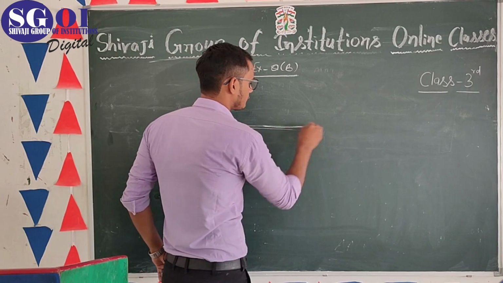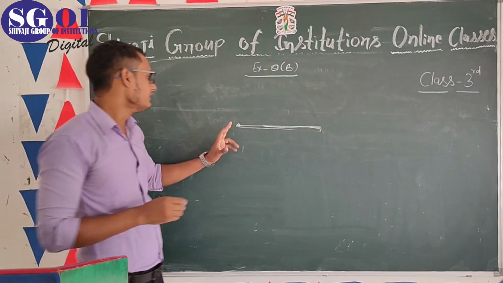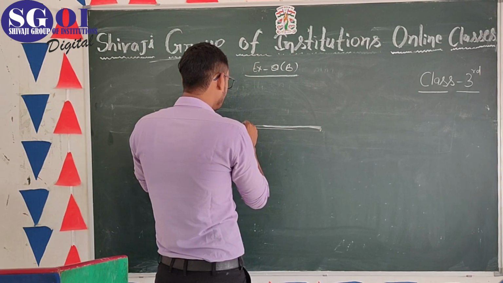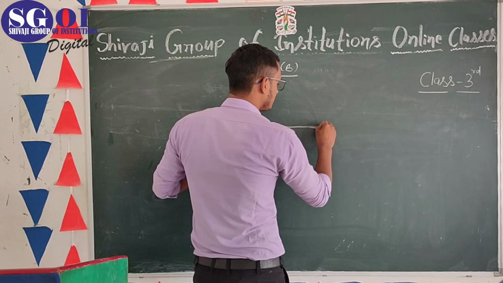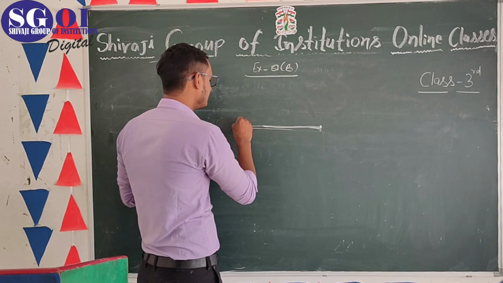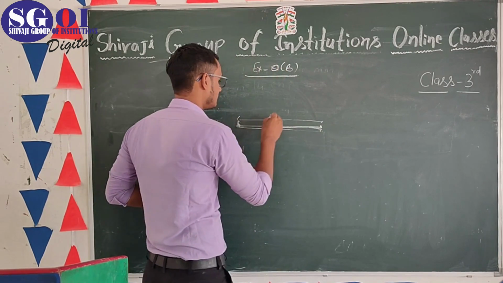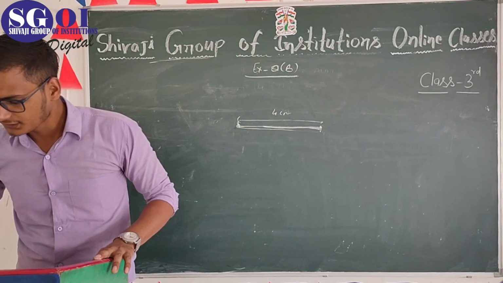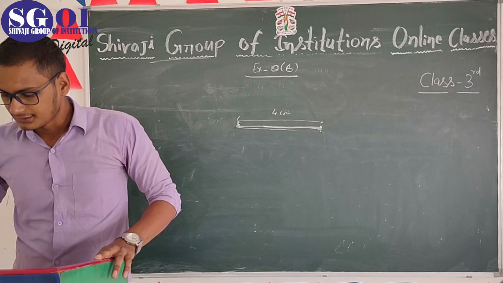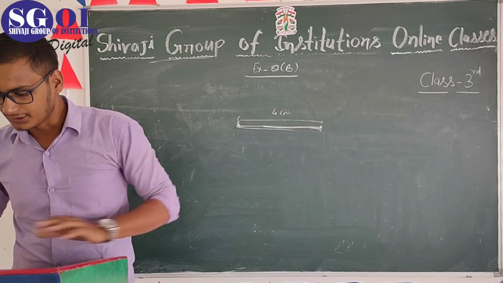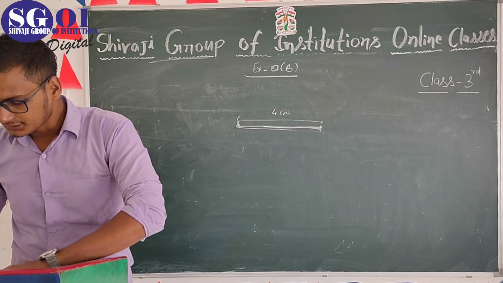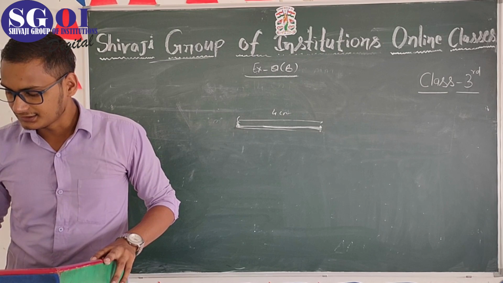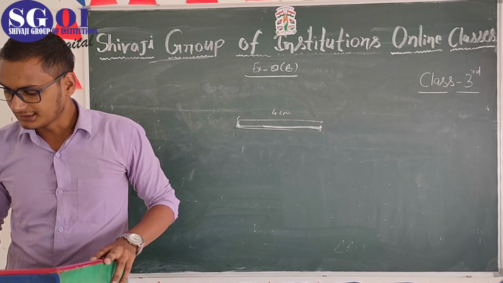So we put the scale above this pin. We put the scale here and measure the length. 4 centimeter, 3 centimeter, 2 centimeter, etc. Crayon is, syringe is, cell is. It means we have to write the length of these objects. So first we have to measure these objects and get the answer.